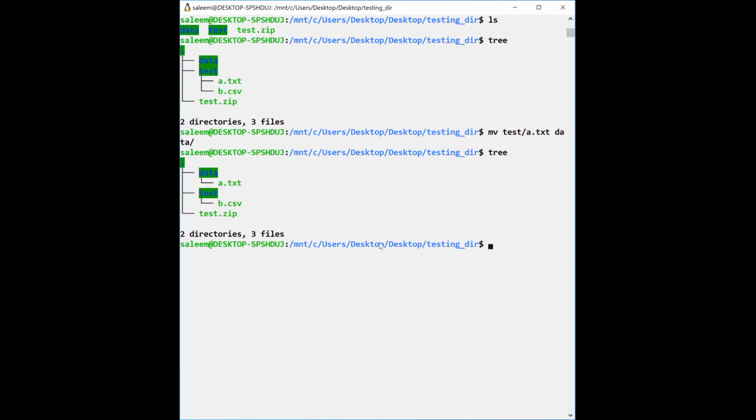Okay, if we want to rename a.txt to any other name, or if we want to rename the data folder to data1, then we will type mv space data. First we need to give the current name, then we will type the new name with space. Okay,